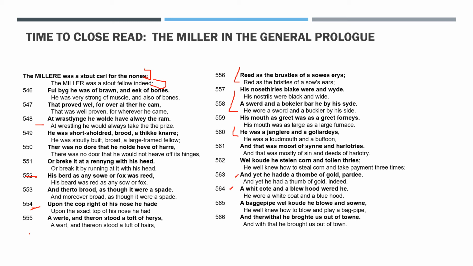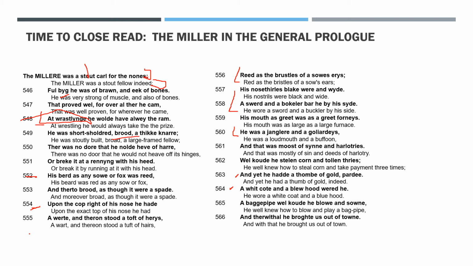Okay, so let's dig right into this. What do we notice about the Miller? He's stout. He's big, of brawn and also of bones, right? From Iowa, what are we known for in Iowa besides corn? Wrestling. He's a great wrestler. And wrestling is important for a class satire like this. The historian Stephen Justice from the University of California, Berkeley, has written extensively on the importance of wrestling because it was the one activity in which peasants could compete against noblemen, right? They couldn't joust, they couldn't compete at tournaments, but they could wrestle.